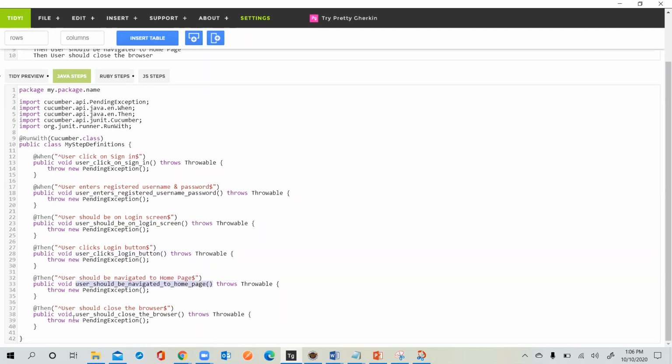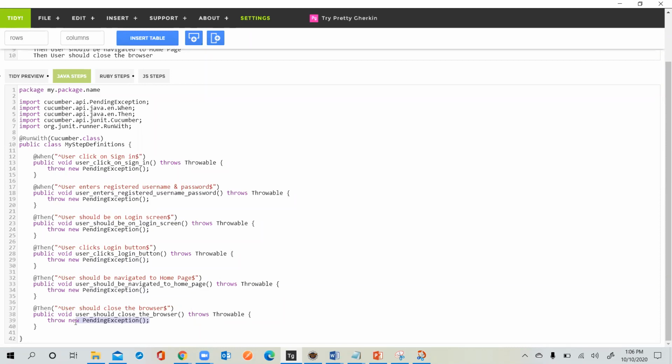Now you can just copy this code and put it into your step definition file. See now line number 14 implementation is not there, so you just need to implement the code there. That's it. Line number 19, line number 24, line number 29. All methods, everything will be created and given for you. Just remove that and paste your code. Usually we can copy this, put it in, and then implement that.